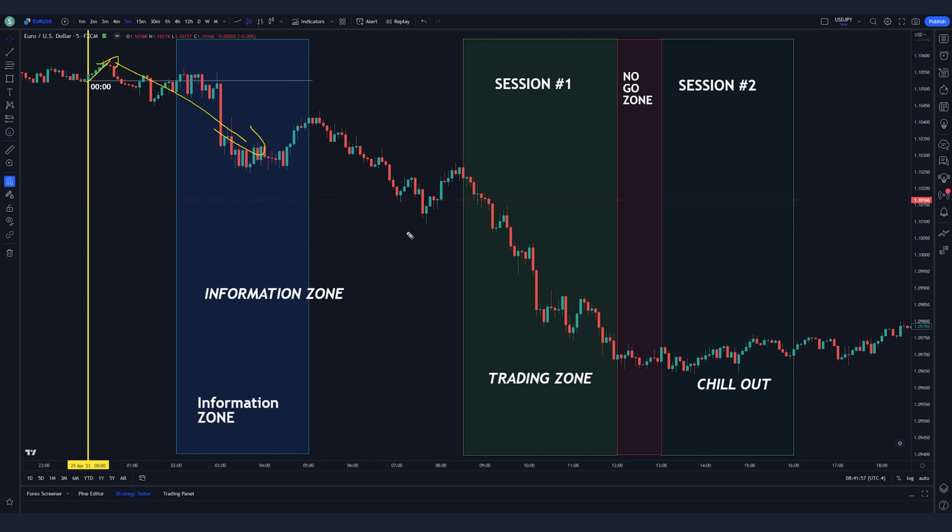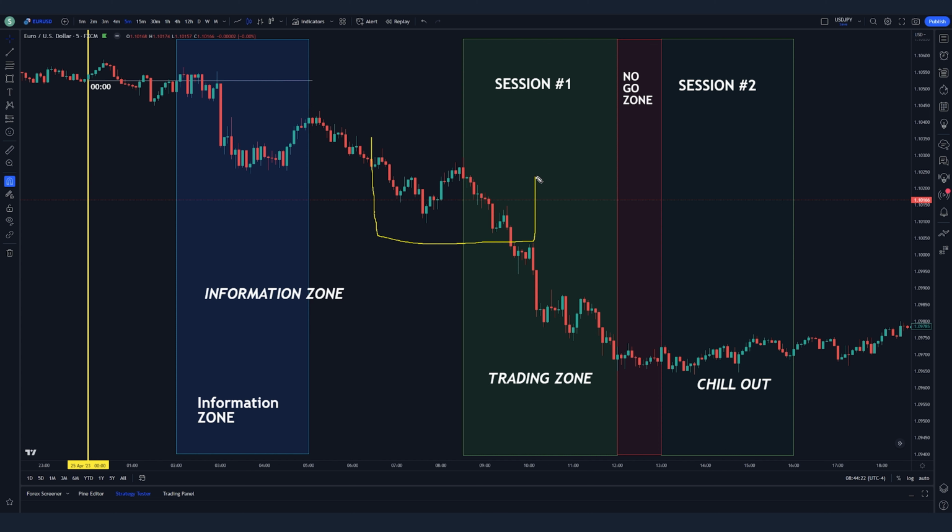A little bit prior to 8:30, or let's say from 7 to 9, you will be looking for a price move against your established direction, which in this case is down. So you will be looking for such a move prior to 8:30. Then at 8:30, once the news starts popping up, you look for a confirmation that the overnight trend, which in this case is down, will actually continue.